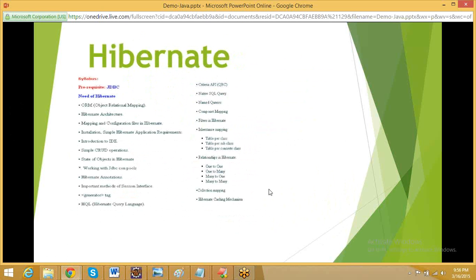Our application will create the database, the tables, and insert the data, so that flexibility is more efficient. There are many features in Hibernate, like session tracking and Hibernate Query Language, which is used internally, and relationships like one-to-one and many-to-many.